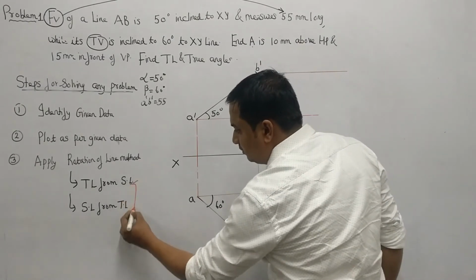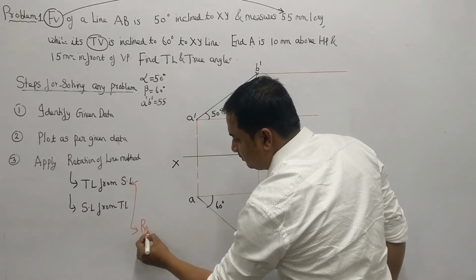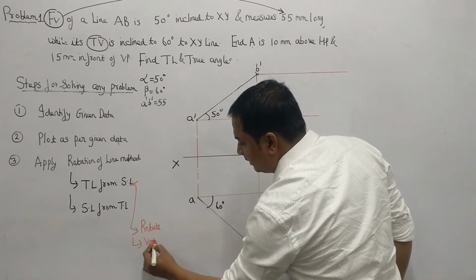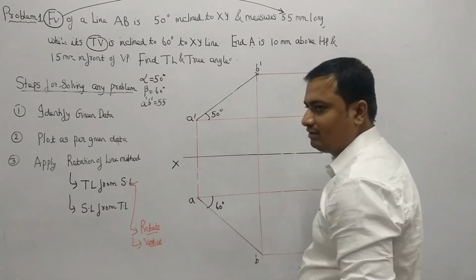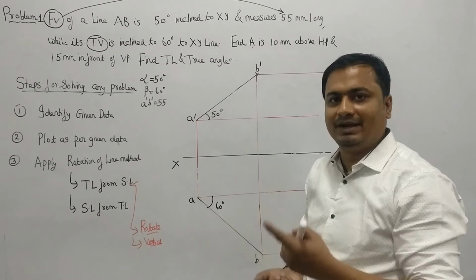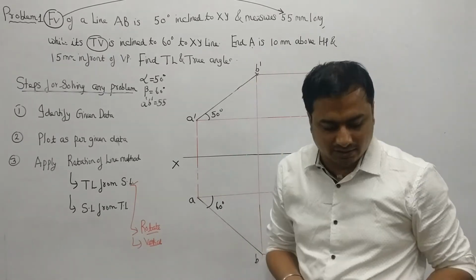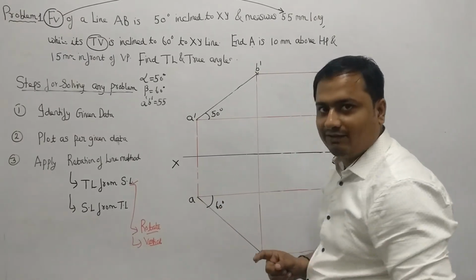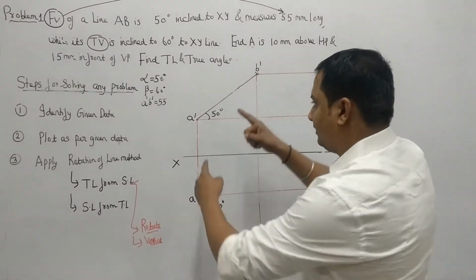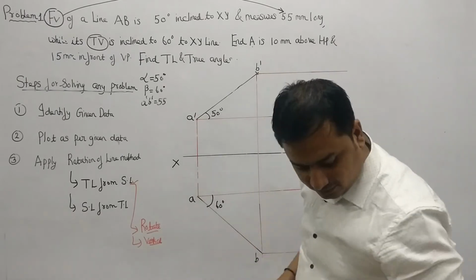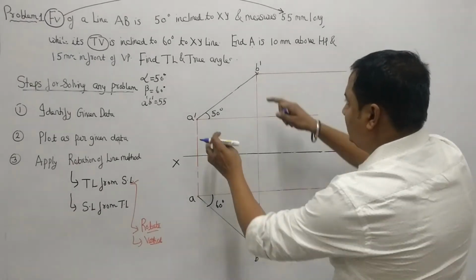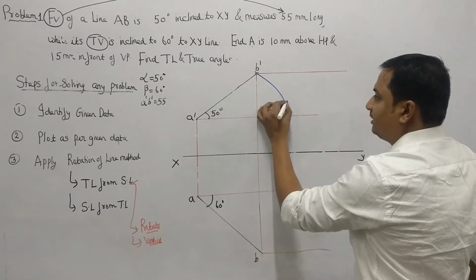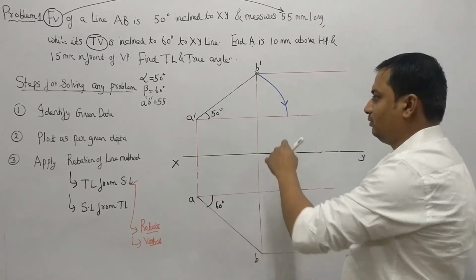The steps I have told you: first rotate, then draw vertical. What to rotate? Either front view or top view. You have to rotate and make it parallel, and then you have to drop the vertical. Okay. So suppose I am making the front view parallel to XY. So I will be taking the compass, radius will be A dash B dash, and then rotate A dash B dash up to the locus of A dash. So this was my first step.